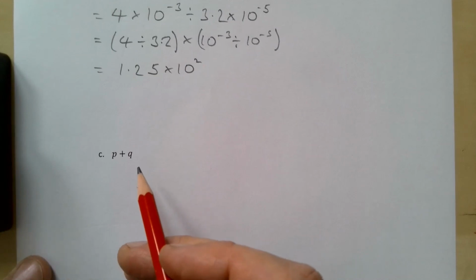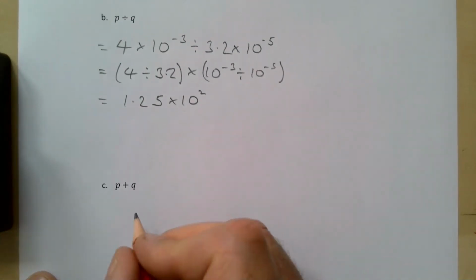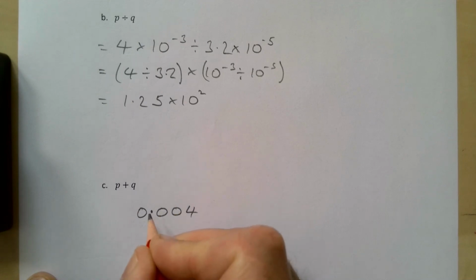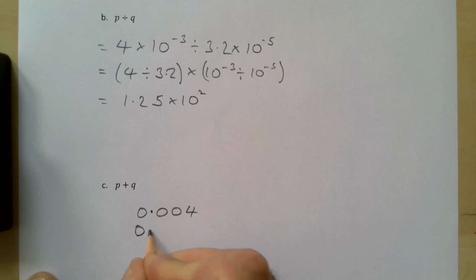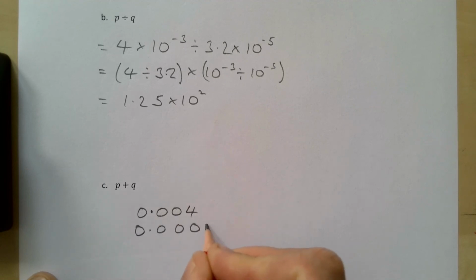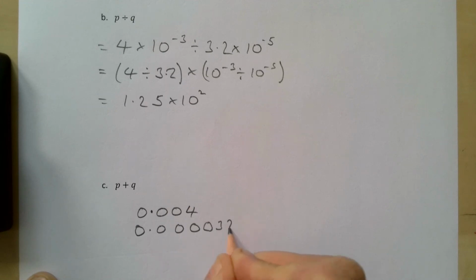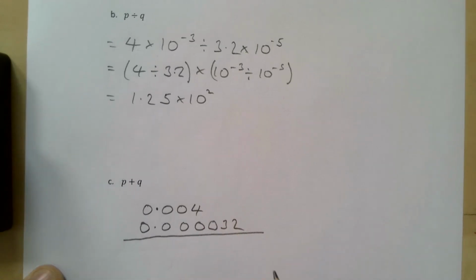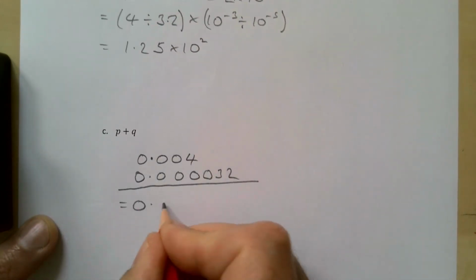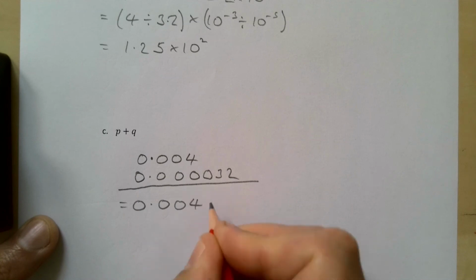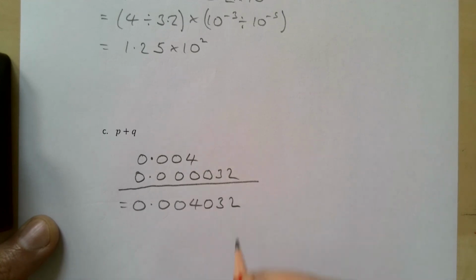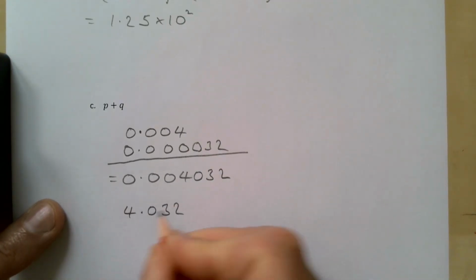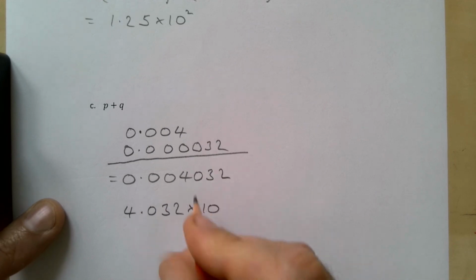Finally, then we need to do P plus Q. So 4 times 10 to the power minus 3 is 0.004. And then this one's 0.000. Is it 0.32? 1, 2, 3, 4, 5. And if we add those together, we get 0.00432. And writing that in standard form, we get 4.032 times 10 to the minus